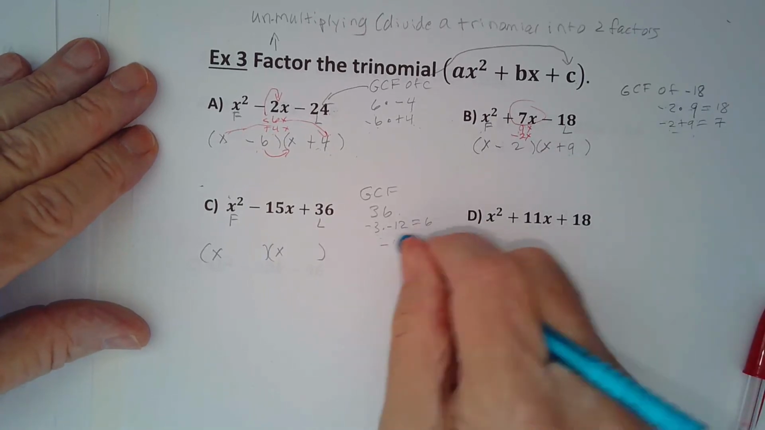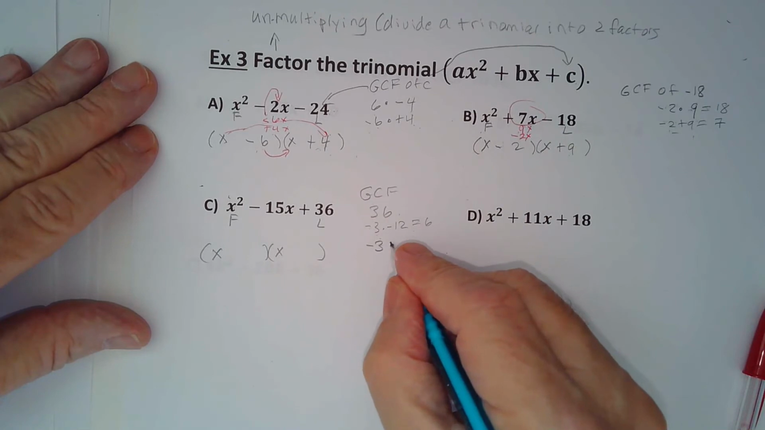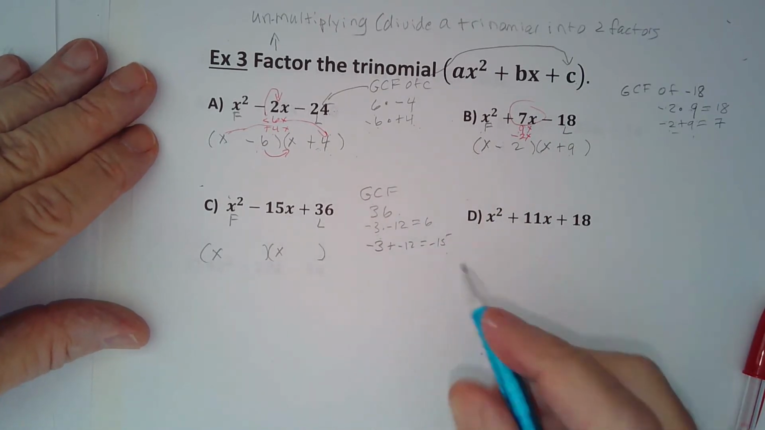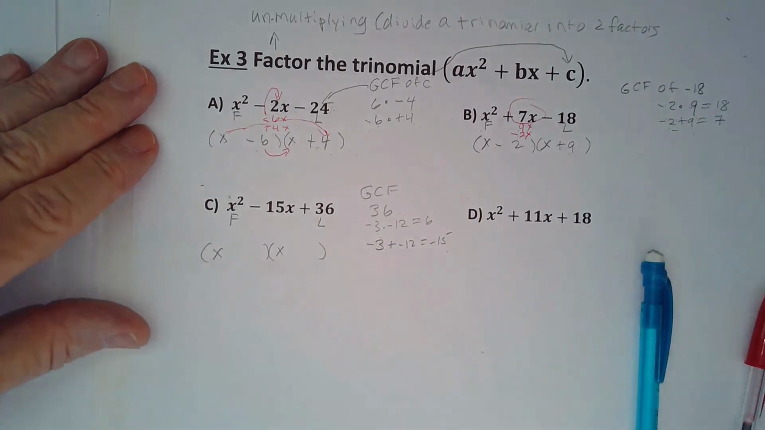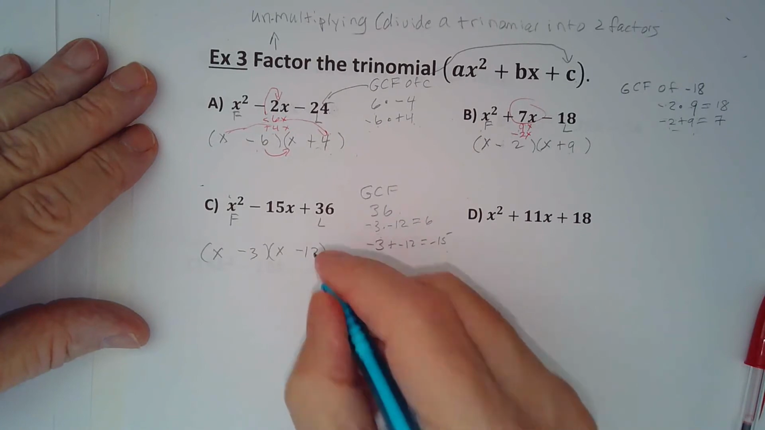So negative 3 plus negative 12 equals negative 15. That's what we want. So we're going to use negative 3 and negative 12. So negative 3, negative 12. Again,